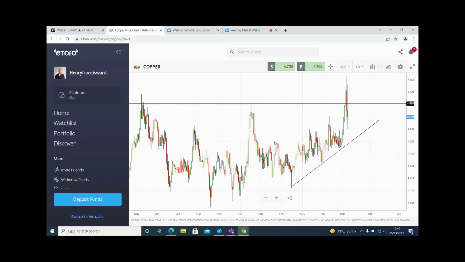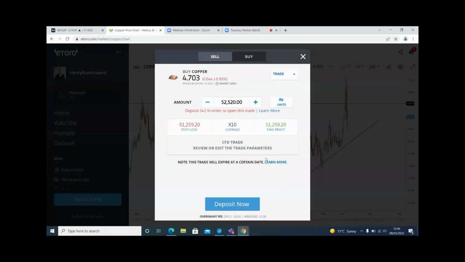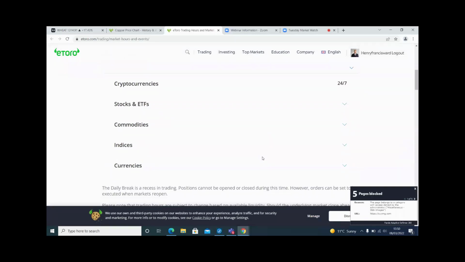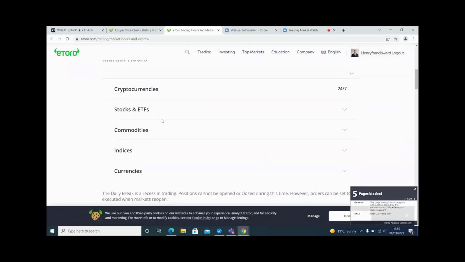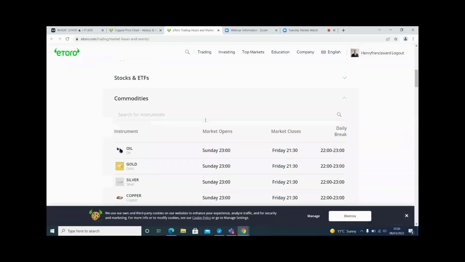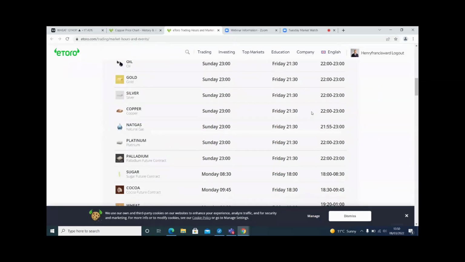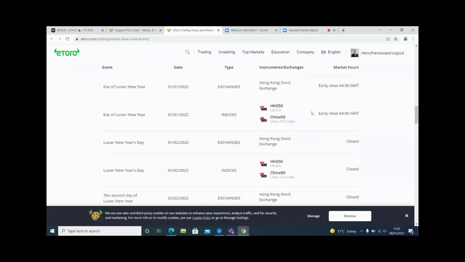But how do we work out when it expires? Well, first and foremost, you can stick it into Google: when does copper expire on eToro? Or if you press the buy button, this trade will expire at a certain date. Learn more. And it literally comes up here. Currencies, commodities. So it tells you when the market closes, when the daily breaks are, when the market opens, so on and so forth. If you continue going down,